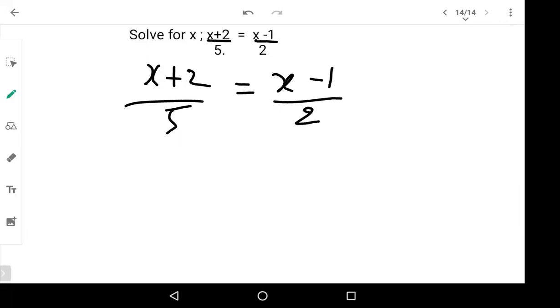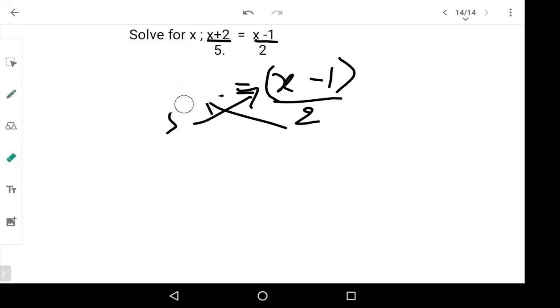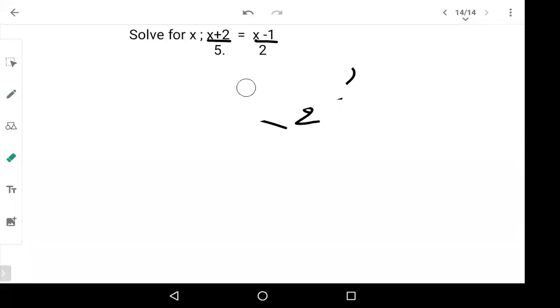Now, in such questions, what you're supposed to do is cross multiply, which means you're going to multiply 5 with this expression and you're going to multiply 2 with this expression. Okay, so let us do that. I will give you stepwise answer here so that you don't get confused. Okay, by cross multiplication,